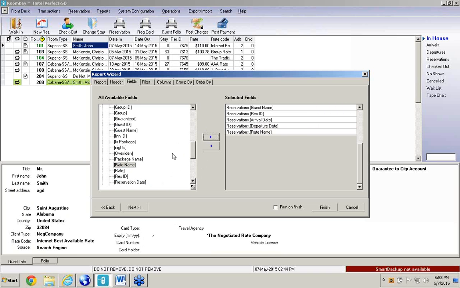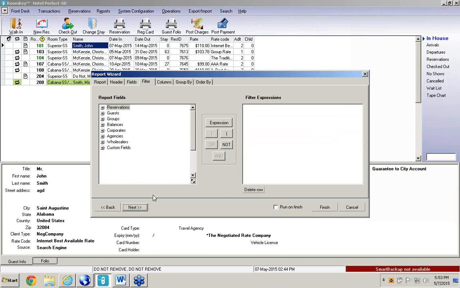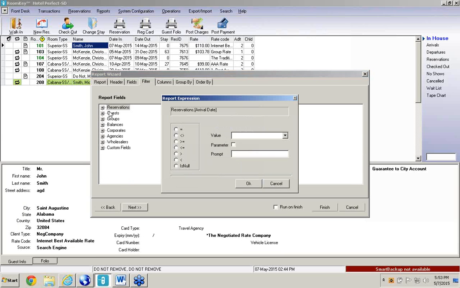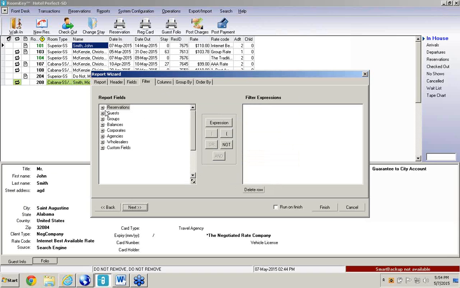Then if you also want to know the value of that rate, you could also pull in the actual rate itself. Once you've got those fields selected, for your expression, you basically want to go in, and if you want to be able to specify by date range, or if you just wanted, regardless of date range,